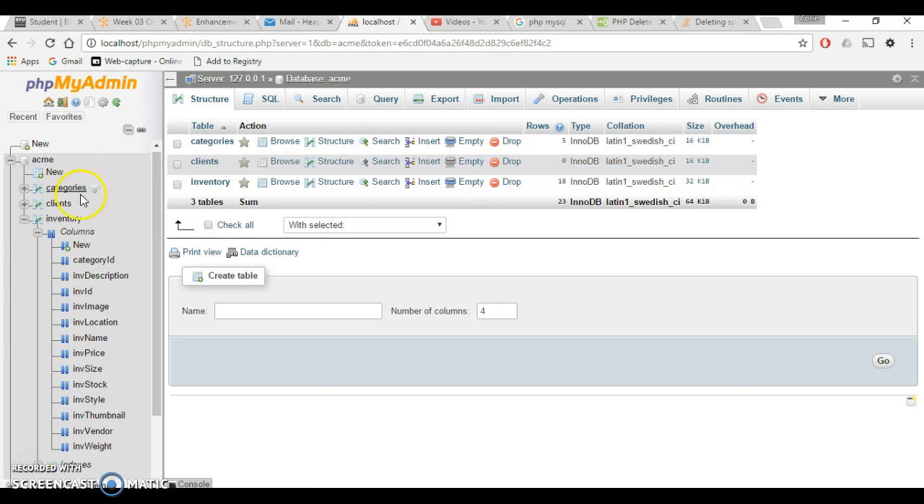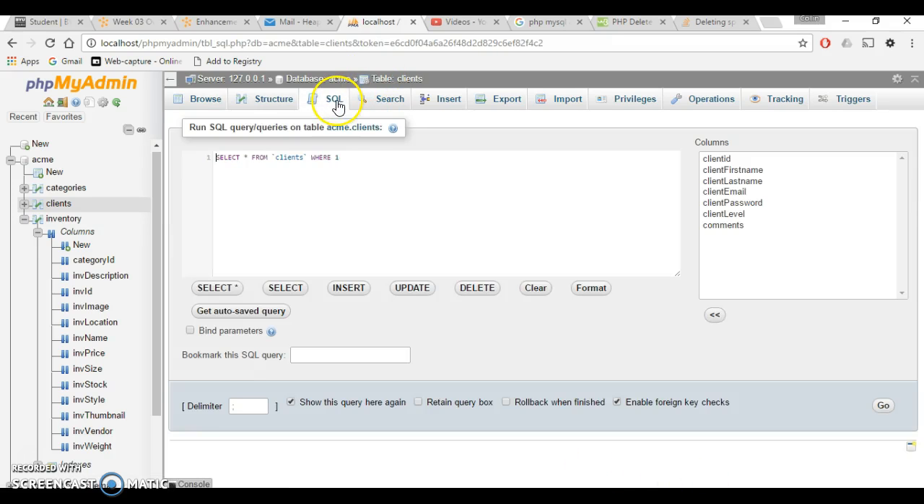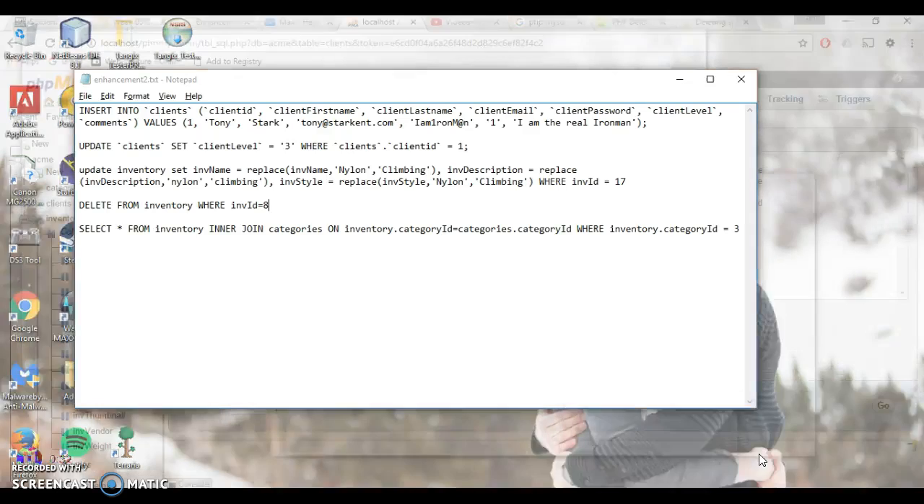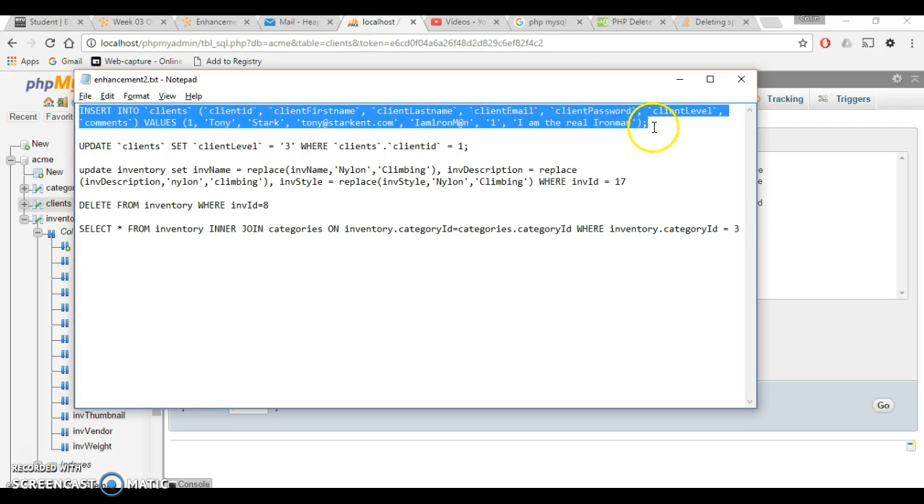First, I'm going to show you what I do with clients. In the clients table, right now we don't have anyone. We're going to add a man named Tony Stark. We'll do that by going to the SQL tab and adding some code in here. I've already put the code in this enhancement2.txt file. We'll get this first line, copy it, go back,